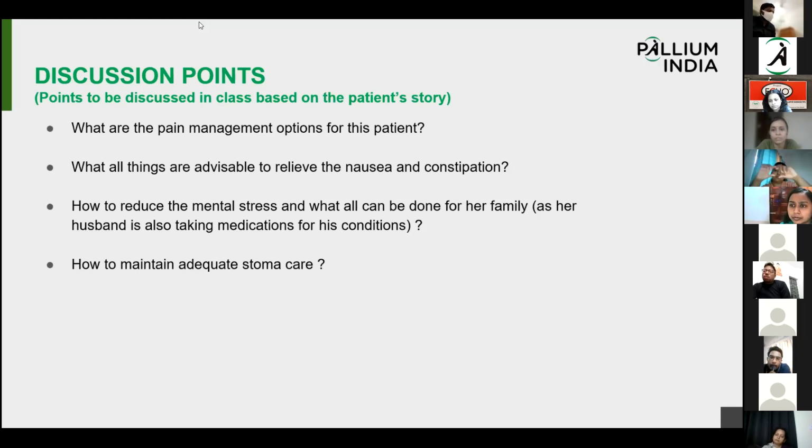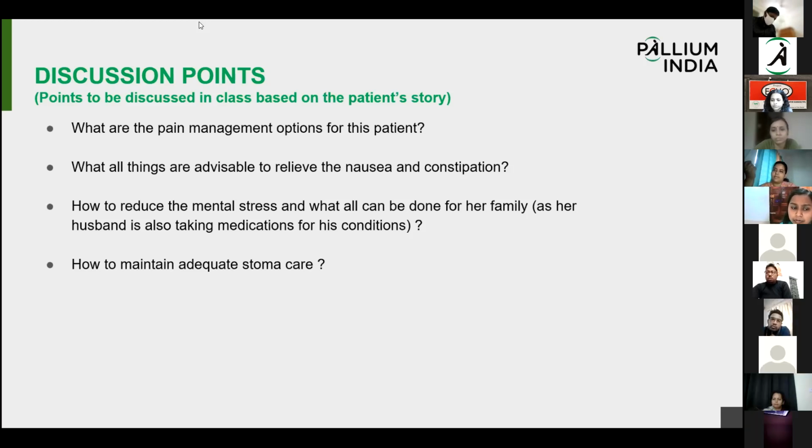It comes with a band which goes around the waist. So they place that ring on the stoma with the plastic bag clipped onto it, and then the belt is tied around the abdomen, which secures that ring over the stoma. In very severe cases where finances are really important and they are not able to afford even the stoma bag, this could come as an option. I don't know where you might find it now. It's a little difficult, you might have to search around a bit. But we had seen that it was helpful.